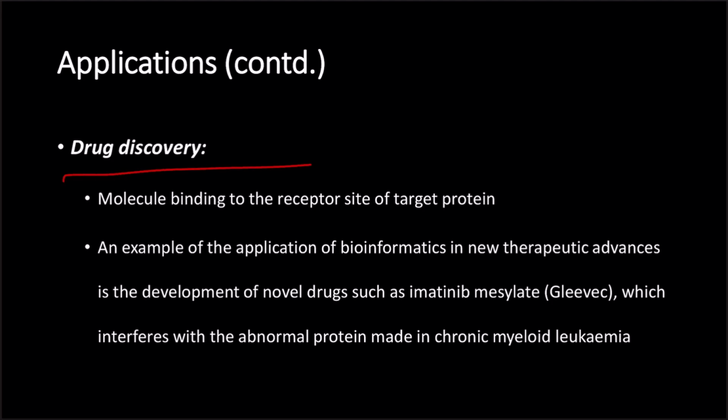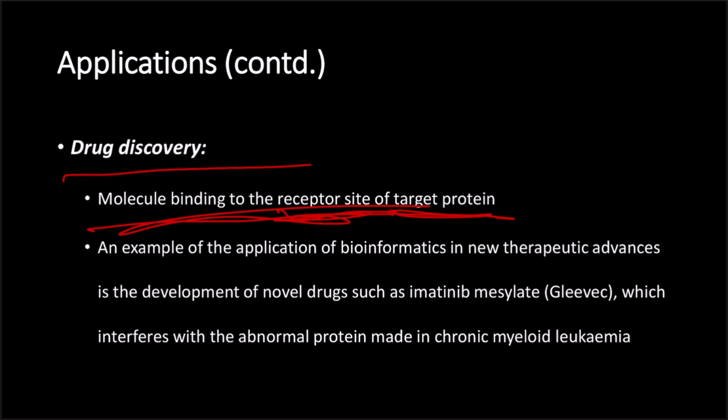So for drug discovery, with the help of bioinformatics, we can find the different molecules which bind to the receptor site of the target protein. As a result, we get a target, the target is validated, and finally we can find several molecules which can act as leads and bind to this target protein. This helps in lead generation very fast, and it also decreases the time required for the discovery